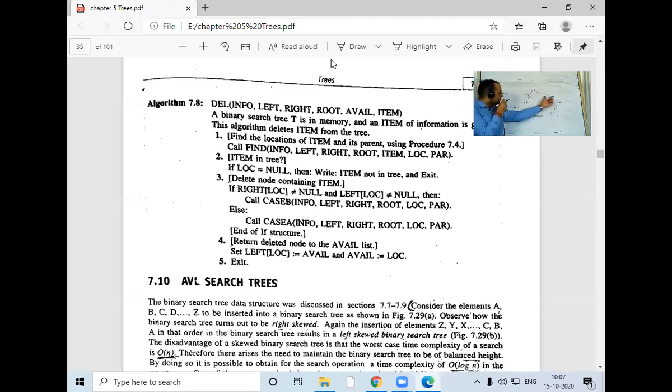Yes, because when you delete 40 from here, 46 comes here. So for that you have to delete 46 from here. And 46 is a node with 0 child. So when we will write the algorithm for case B, we will call case A over there for deletion of 46. Is this clear or not? Clear, sir. Should we see the algo now?